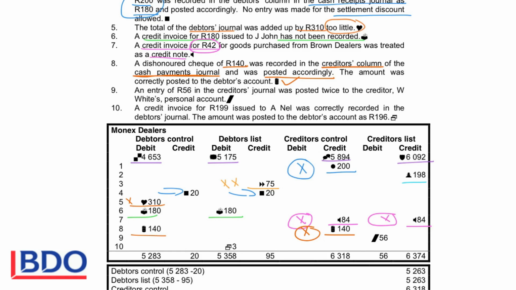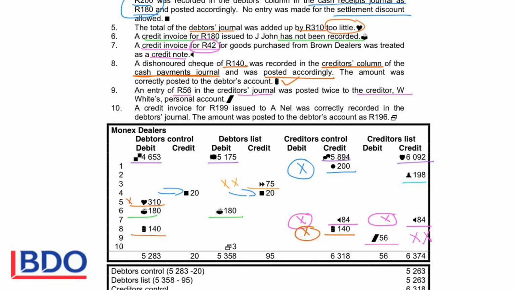If we look at number 9, an entry for 56 in the creditor's journal, so that's when we bought goods, was posted twice to the creditor's personal account. There's no mistake in the journal, so there's no mistake in the creditor's control. If we buy goods and it comes from the creditor's journal, it means that we recorded it twice in the person's account on the credit side. I just want the figure once on the credit side, so to correct this mistake, I will debit my creditors